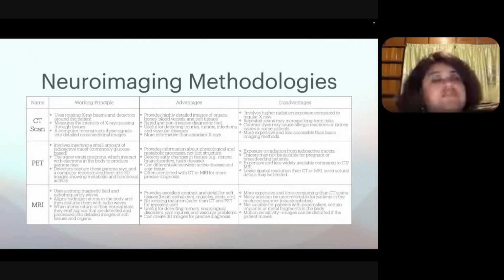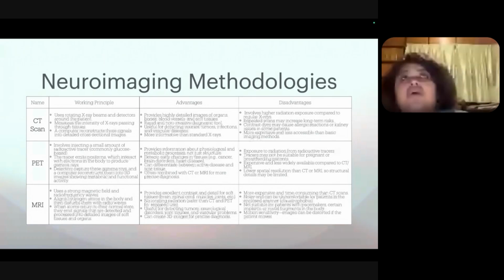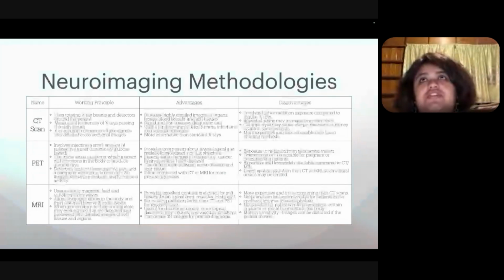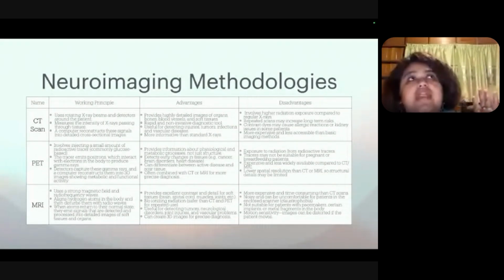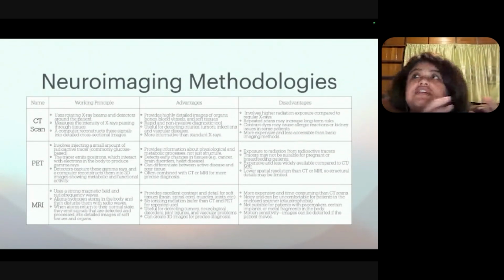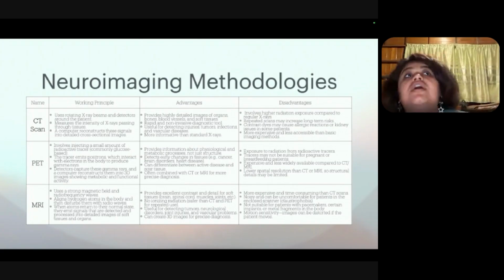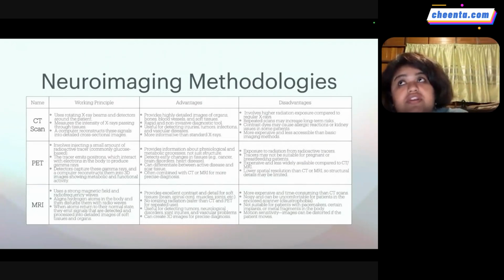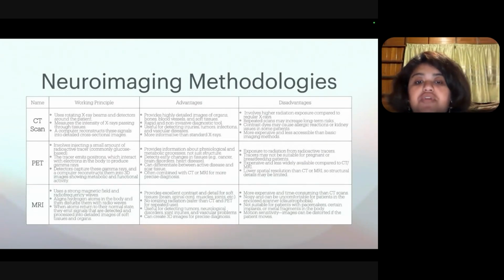So in case of CT scan, when you go to the doctor, the patient already has a structural deficit. CT scan will only capture that. In case of PET scan, because there is a radioactive tracer, it can already tell the patient far before the tumor has progressed into cancer, that there is a chance that this tumor will progress into cancer, or there are already cancerous cells present in the tumor. So these are the very important advantages of PET scan.